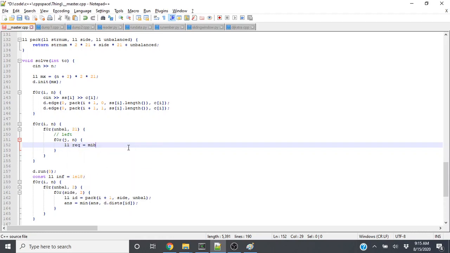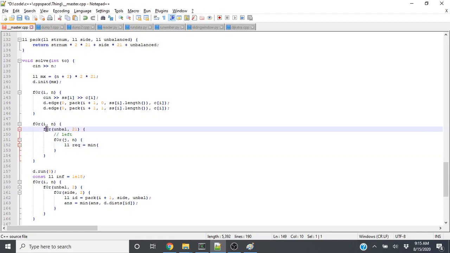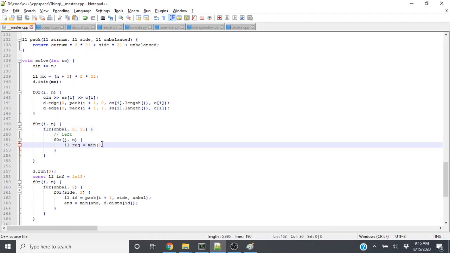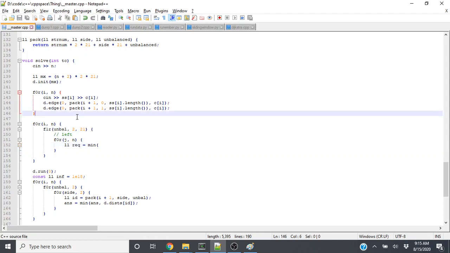Rec equals min. There's no way we need to go anywhere where we're not unbalanced. Okay, wait, actually first what we're going to do is